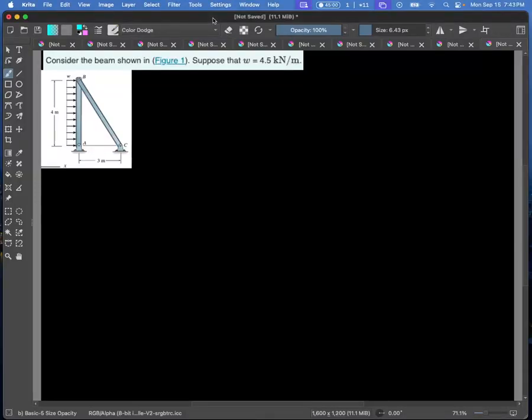Let's try to solve this problem. So let's draw our free body diagram really quick. It's going to look a lot like the little picture we have here. These are little pins, and of course we're going to have two reactions for each of these. It's going to be AX and AY and then CX,